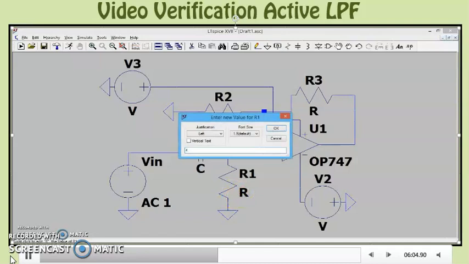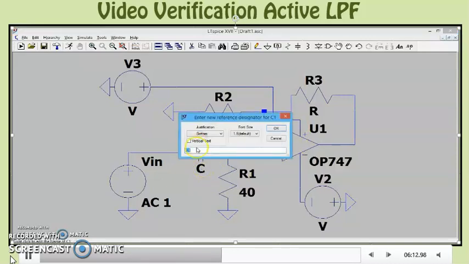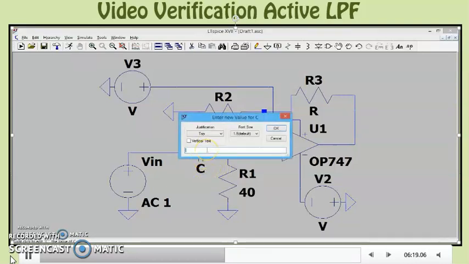R1 is supposed to be 40 as we calculated it earlier. This capacitor is supposed to be 1 microfarad. I'll first of all rename it as C because I have only one capacitor. The value is 1 microfarad.